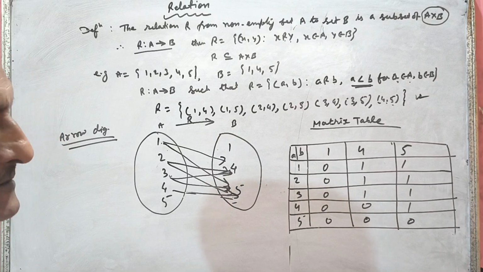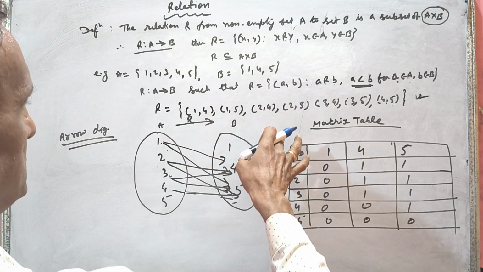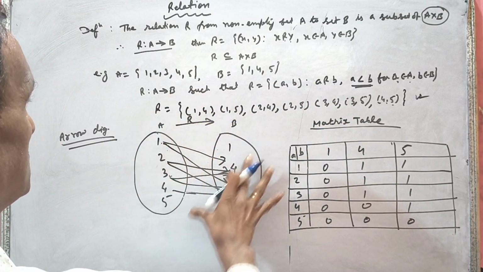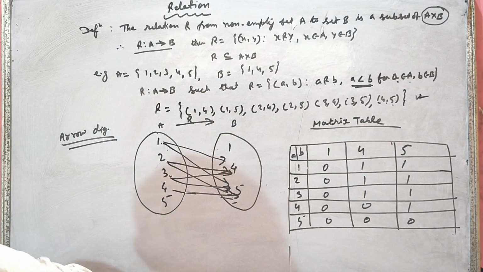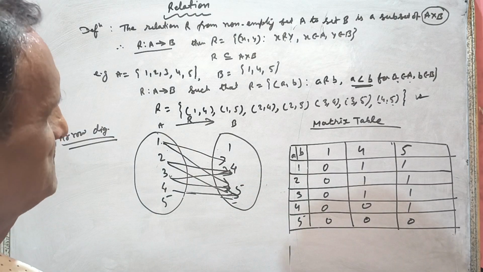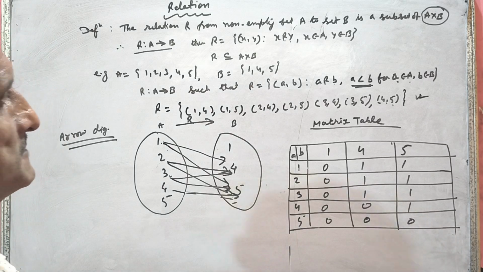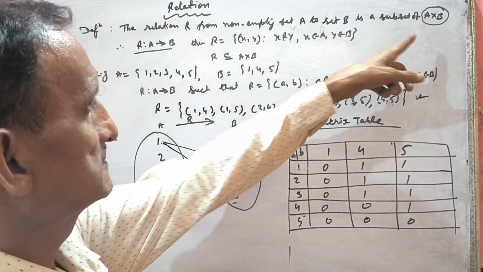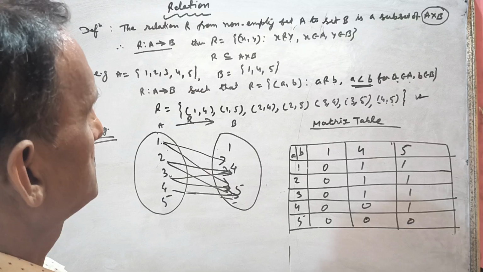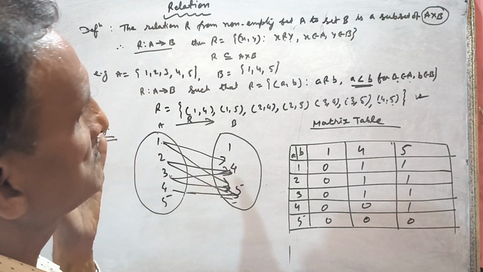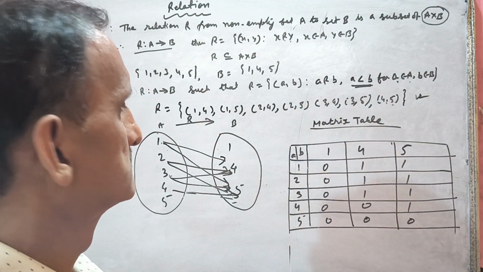Just like I said, there were different methods, no. So this is the relation also. It can be rule method, it can be tabulation form, it can be arrow diagram, it can be matrix table. So understood? So what is relation? Relation between two given sets is a subset of the Cartesian product of the two sets. Here, the elements of the first set are related to the elements of the second set by some rule.